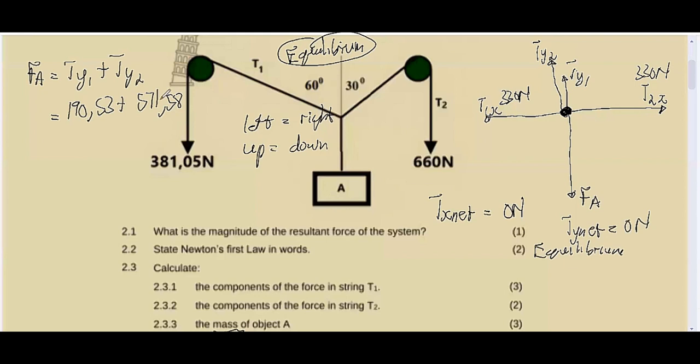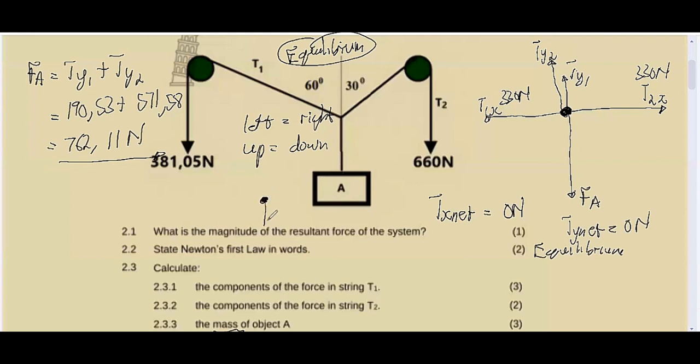190.53 plus 571.58. That gives us 762.11, right? And then now to calculate the mass, we do understand that since this is at equilibrium, object A